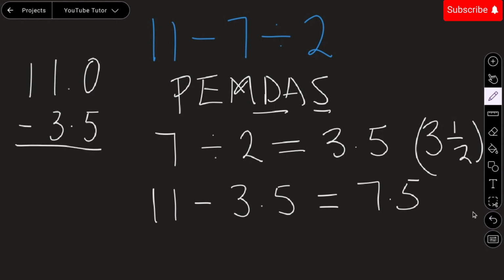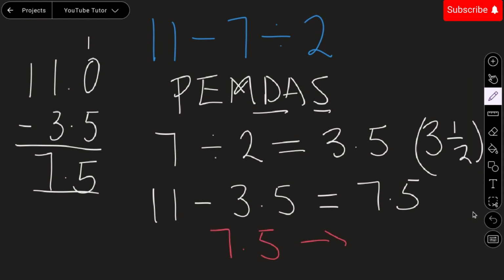So 11 becomes 10, and now this place will be left with 10 minus 3, which gives us 7.5. So now the final answer will be 7.5,